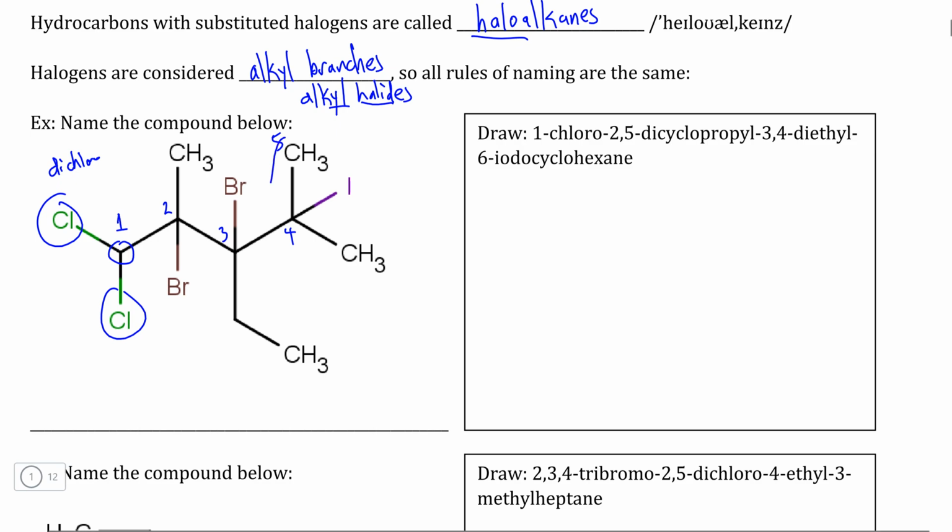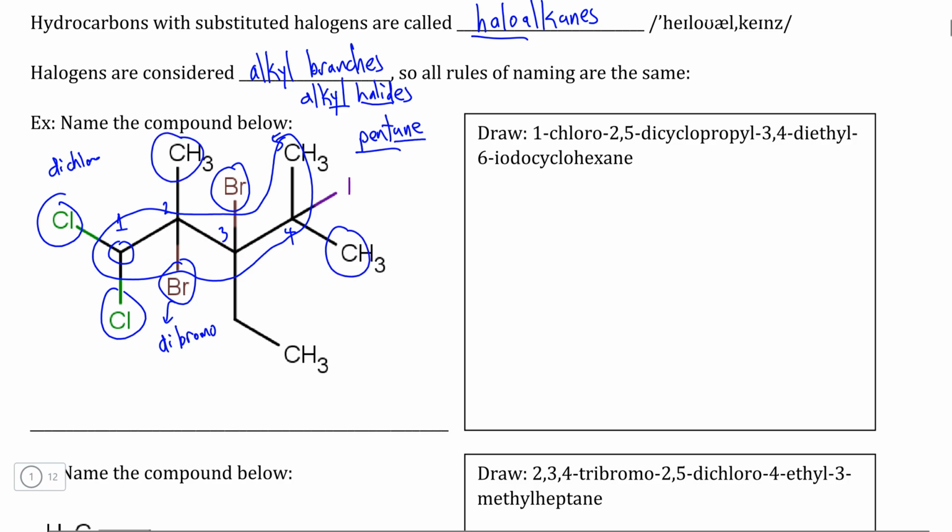So our parent chain, which I am circling here, we can call by the name of pentane, because again, 5 carbon long parent chain, single bonds only between carbons in the parent chain. Then if we identify the other side chains that we have here, we have 2 bromine alkyl halides, which means that we have a dibromo here. We have 2 methyls that we can see. It looks like we have a third methyl, but remember, the parent chain is the longest continuous chain of carbons, so this one here would be designated as part of the parent chain. So because we have 2 methyls, we would have a dimethyl. And then, because there's a halogen here, which we'll deal with in a second, we have a 2 carbon long side chain here, which would be an ethyl,